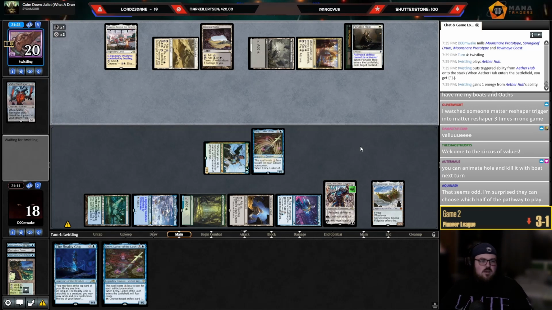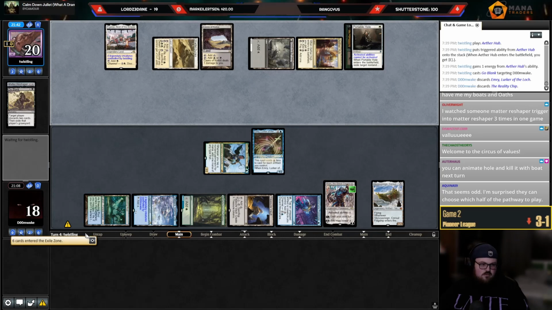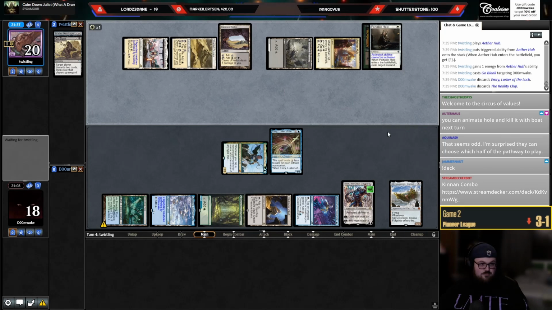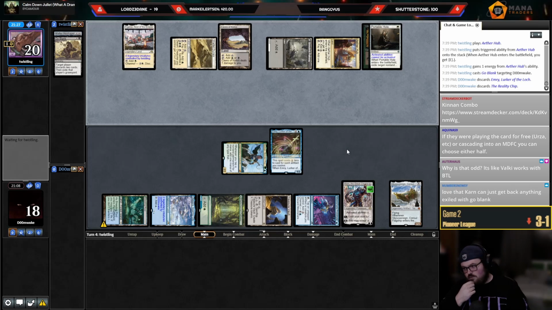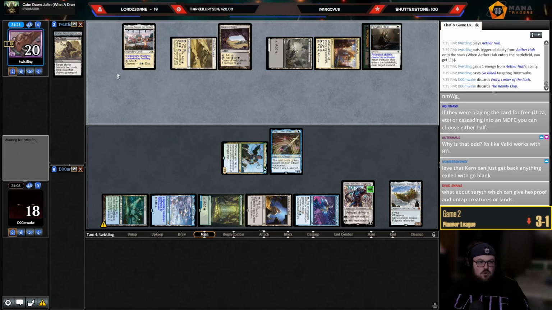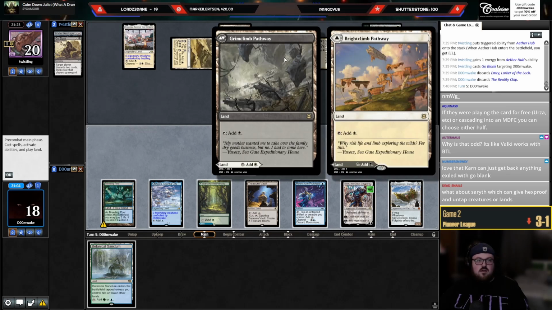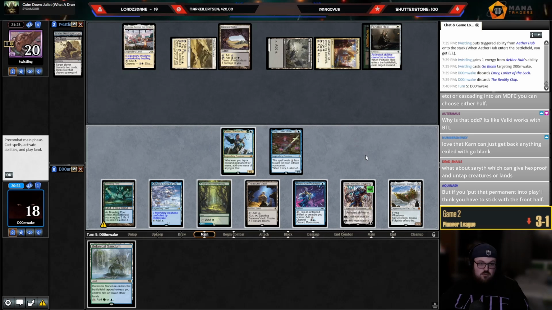Yeah, I feel like they shouldn't be able to choose, right? Okay, mildly annoying. Still have a Karn and a boat. And a Kinnan. If you're playing the card for free, Urza, or cascading into a middle DFC, you can choose either half. Yeah, but it doesn't say play it. It says put it into play, right? You may put that card onto the battlefield. But if you're putting Bright Climb Pathway onto the battlefield, I don't think you should be able to choose, right? I don't know. I guess that's how it works. That's a Moto thing, but...